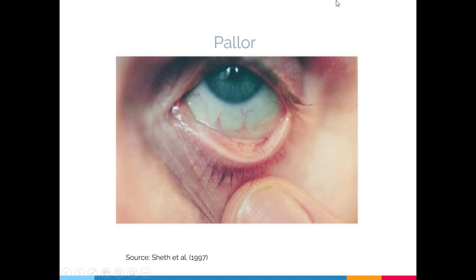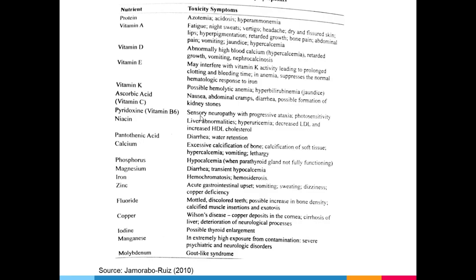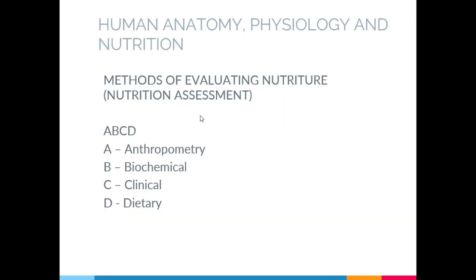Okay, so pallor actually indicates iron deficiency. So see, by just examining this part of the eye, it may indicate that someone has a particular nutrient deficiency. So, this is part of the clinical or NFPE. Okay, so that is how we assess, no? Okay, so basically, guys, nutritional assessment is the process that we employ in order to identify whether this person